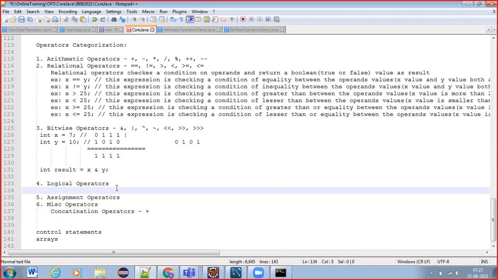Next, logical operators. So what are the logical operators? Yeah, bitwise operators. Is it clear, right, guys? What we need to focus on, up to what extent, and what is the scope we need to think about bitwise operators? Yes, sir. Yeah, very good. Now, logical operators.